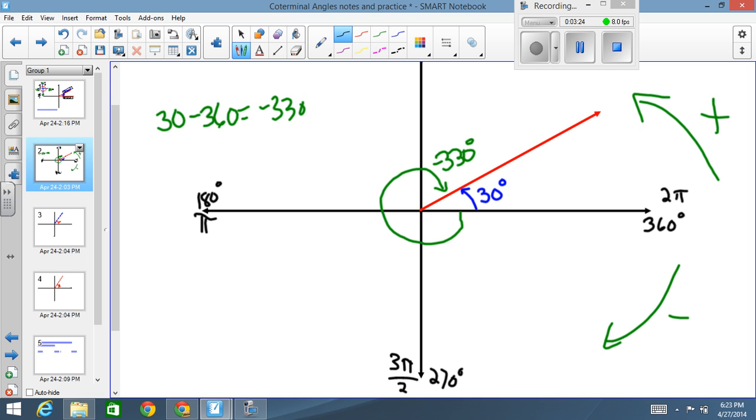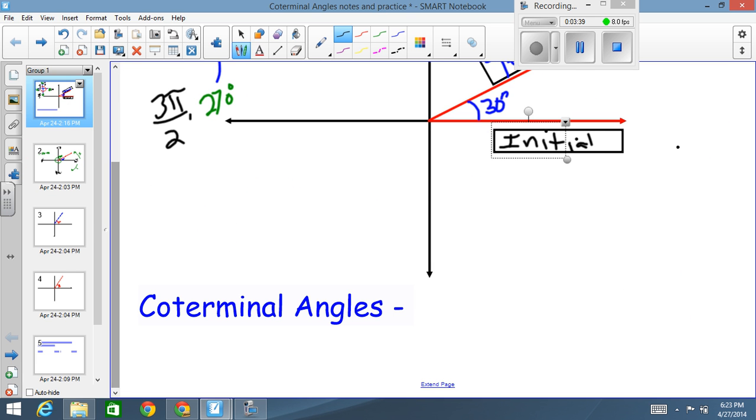Okay? This would be called a coterminal angle because although it is a different angle, it shares the same terminal side as the 30-degree angle. So let's go back to our first slide here. And for a definition for coterminal angles, let's just write